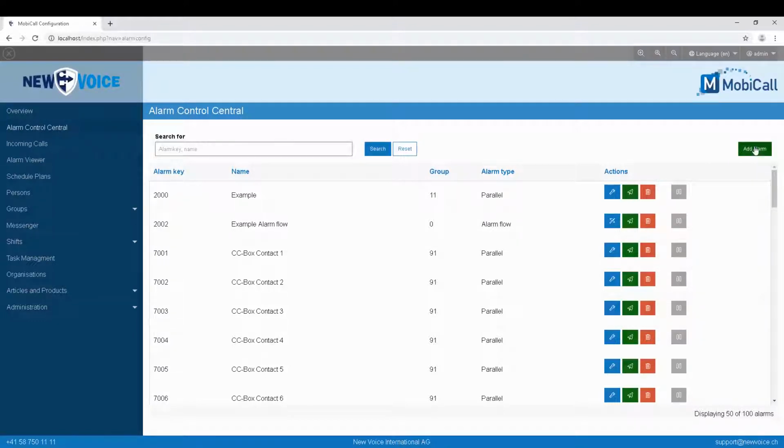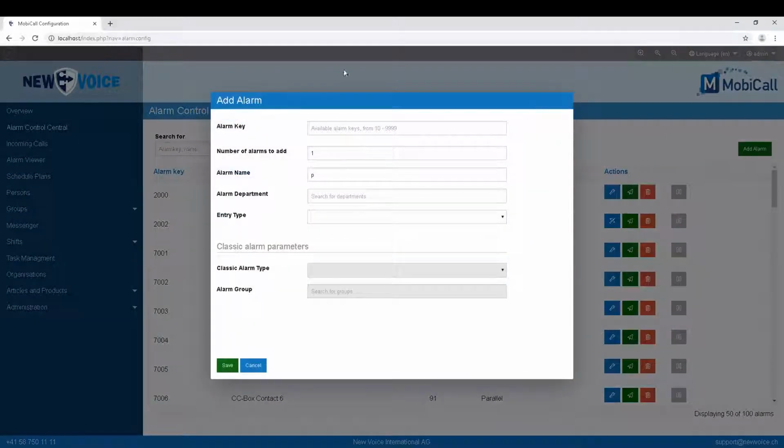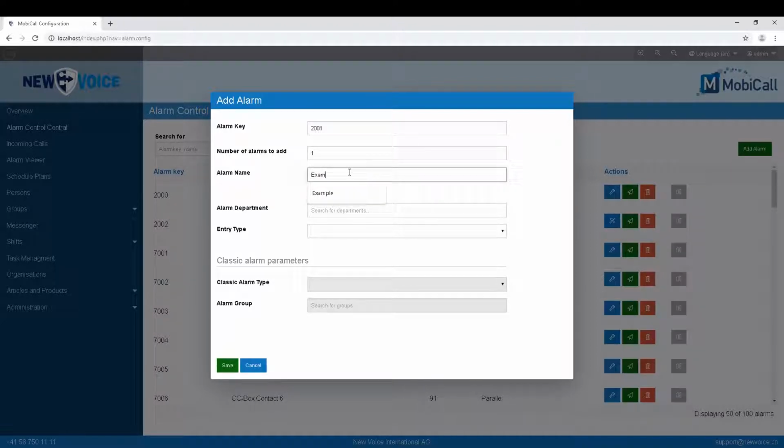To add a new alarm, click on Add Alarm on the left side of the screen. Within the field alarm key, you need to define what alarm number should be added. The number needs to be filled in, and via drop-down the next available alarm number must be chosen. With the field number of alarms to add, you define how many alarms should be added, 1 by default. With the next field, alarm name, a name for the alarm that is going to be added needs to